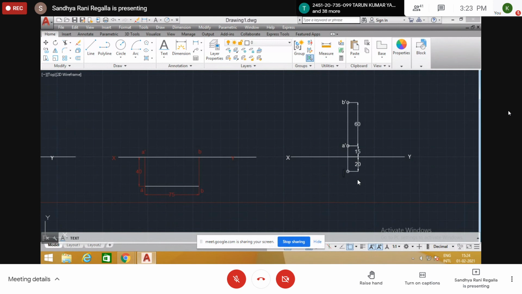When we see from the top, which end is visible, B or A? B is visible, so this point is B, not A. So put B, and inside the brackets write A. What is the meaning of showing the point this way?